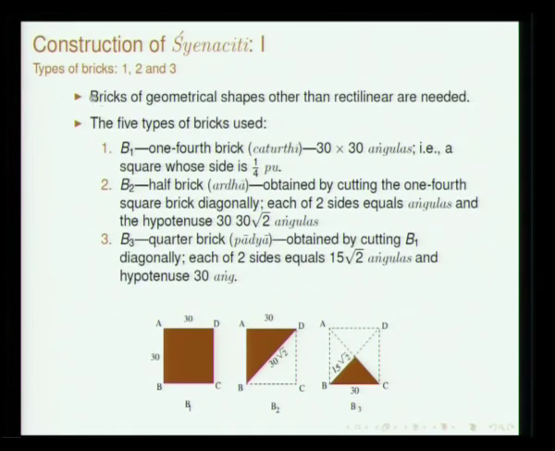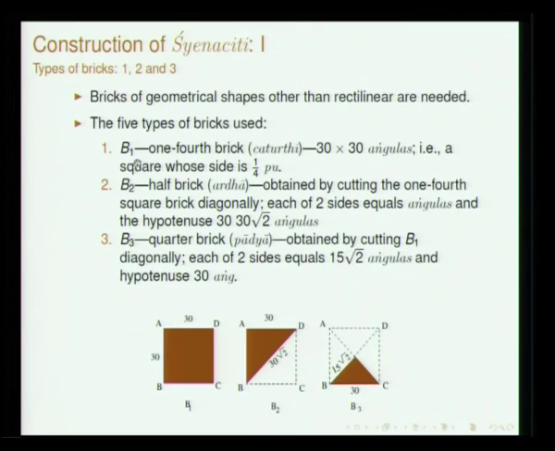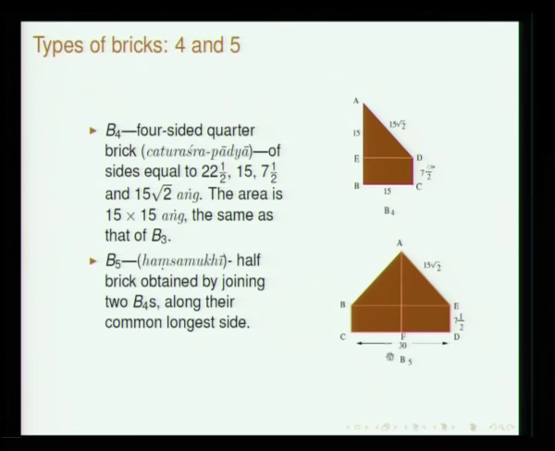Now, we will quickly run through a few slides wherein the shapes of various bricks have been given in great detail. All the measurements etc. are stated here. I will not spend much time here. For instance, if you want to construct a Shenachiti, the Shenachiti itself comes in various types. One particular Shenachiti is what I have described in these slides. There are several types of bricks. You can see this one half of it, and therefore, you have this root 2 times and one half again. This is one set of bricks. If you put them together, you get another kind of shape.